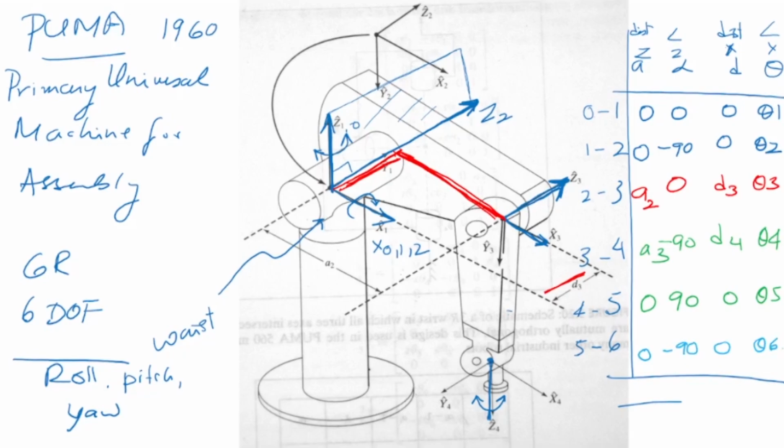So this is the DH parameter table for the Puma manipulator. It has 6 degrees of freedom. And these are the various parameters, the A's and the D's, which correspond to this manipulator system. When we go to the kinematics of this, what we'll do is, using each of the rows, we are going to make the transformation matrices.